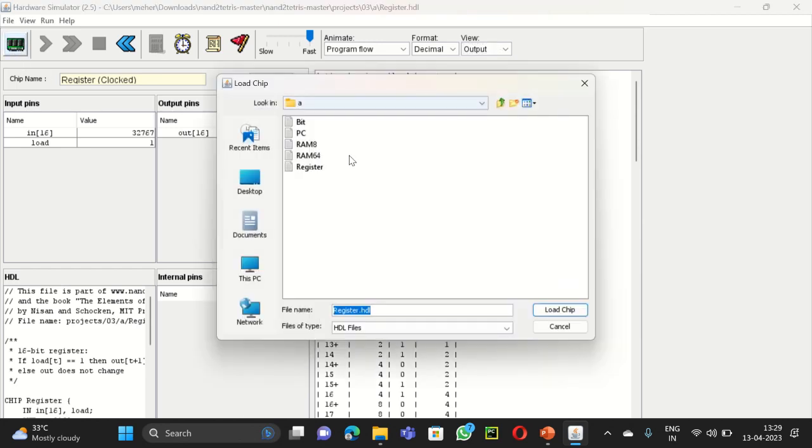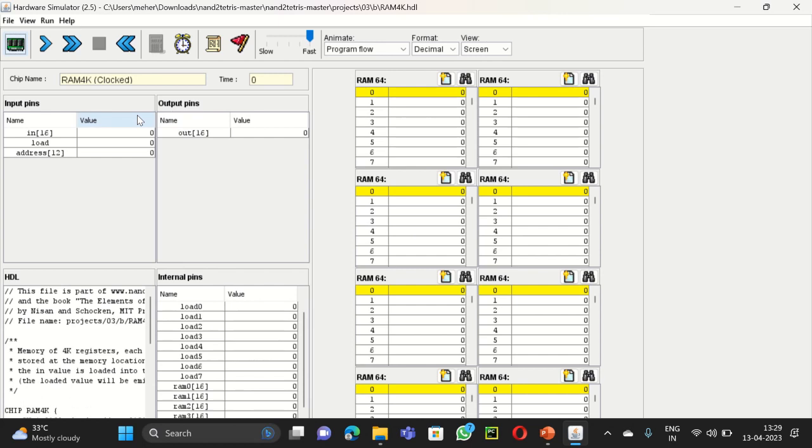Let's load another chip. We can go through project B, 3B. So in the third project, this is section B. Let's load the RAM 4K chip. Change the input value, and as it is the address section, these are the values of the address, and these are the data stored in the corresponding addresses. So let's enter some addresses,